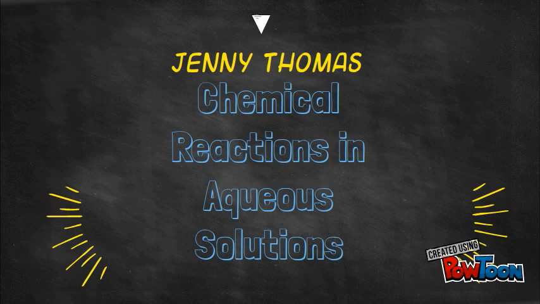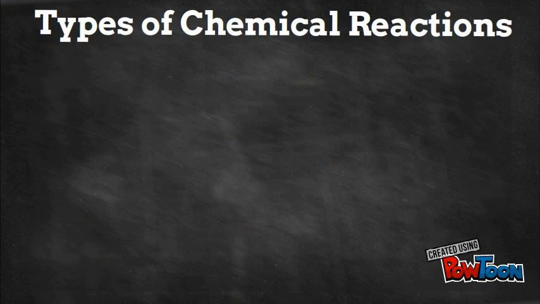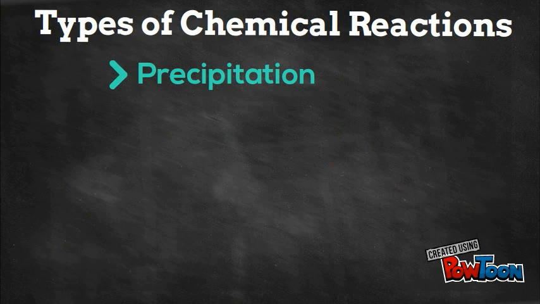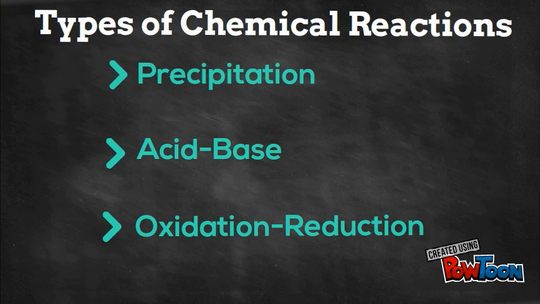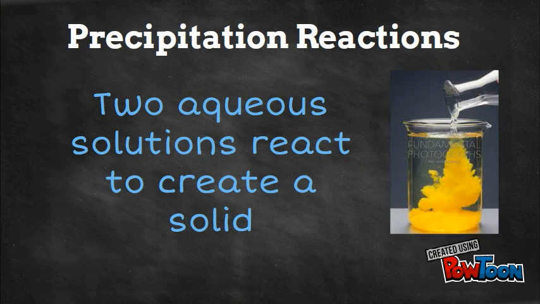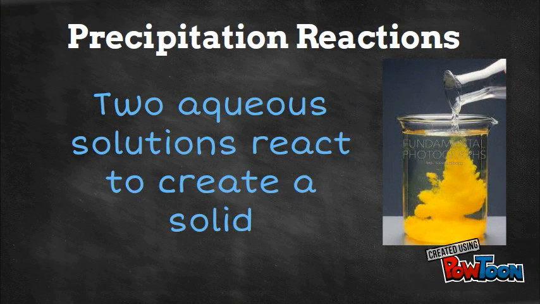Chemical reactions in aqueous solutions, Part 1. There are three types of chemical reactions in aqueous solutions, including precipitation, acid-base, and oxidation-reduction, also known as redox. A precipitation reaction is when two aqueous solutions react to create a solid, and that solid is called a